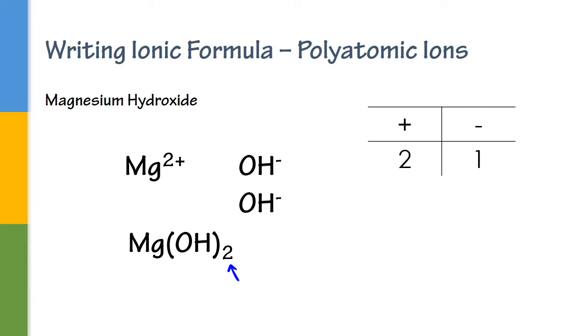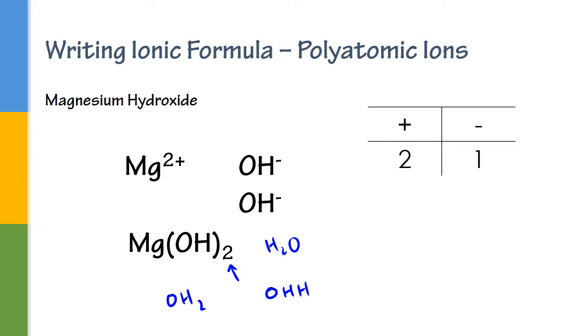Now, when we are writing this whole formula, because we have a polyatomic and we need to put in 2 of them, you need to add a 2 in brackets to indicate that there are 2 OHs. If you write OH2 without the brackets, that indicates that there are 2 hydrogens, 1 oxygen, which is in fact OHH, or our old friend, water. Not the correct thing. It is very different from 2 hydroxide ions,